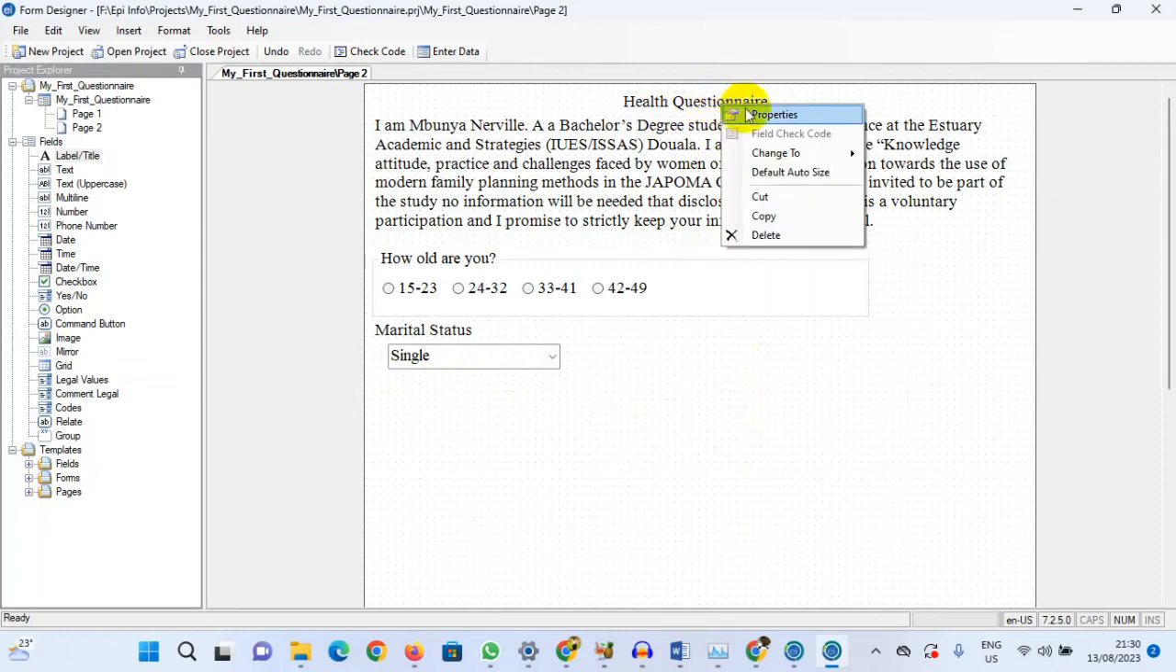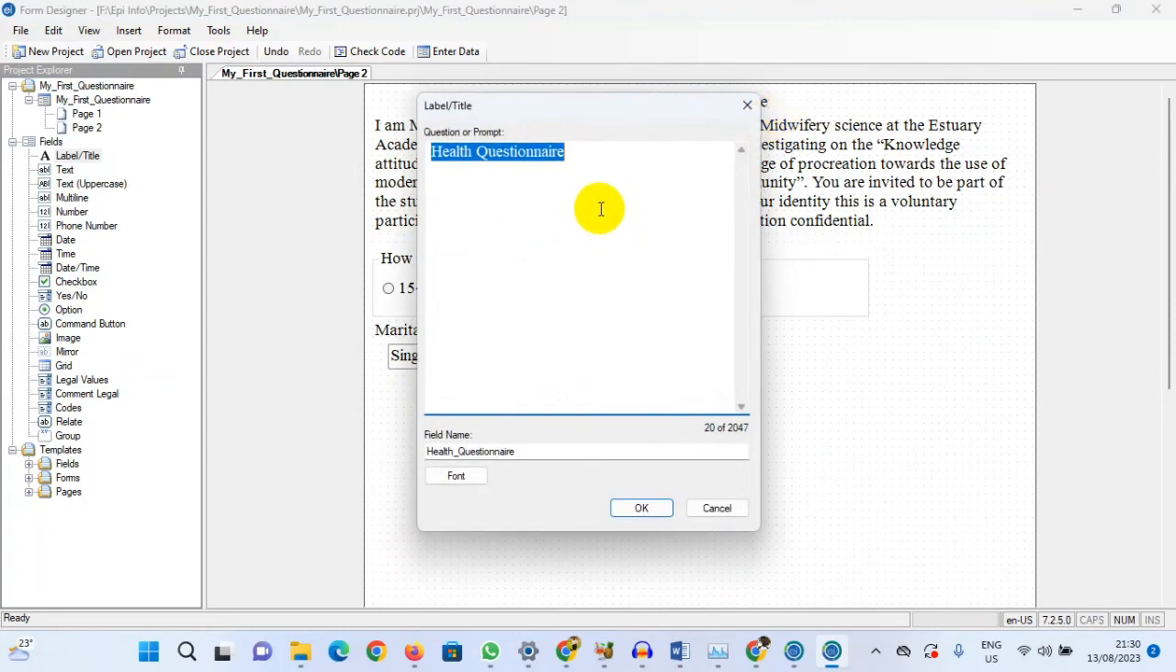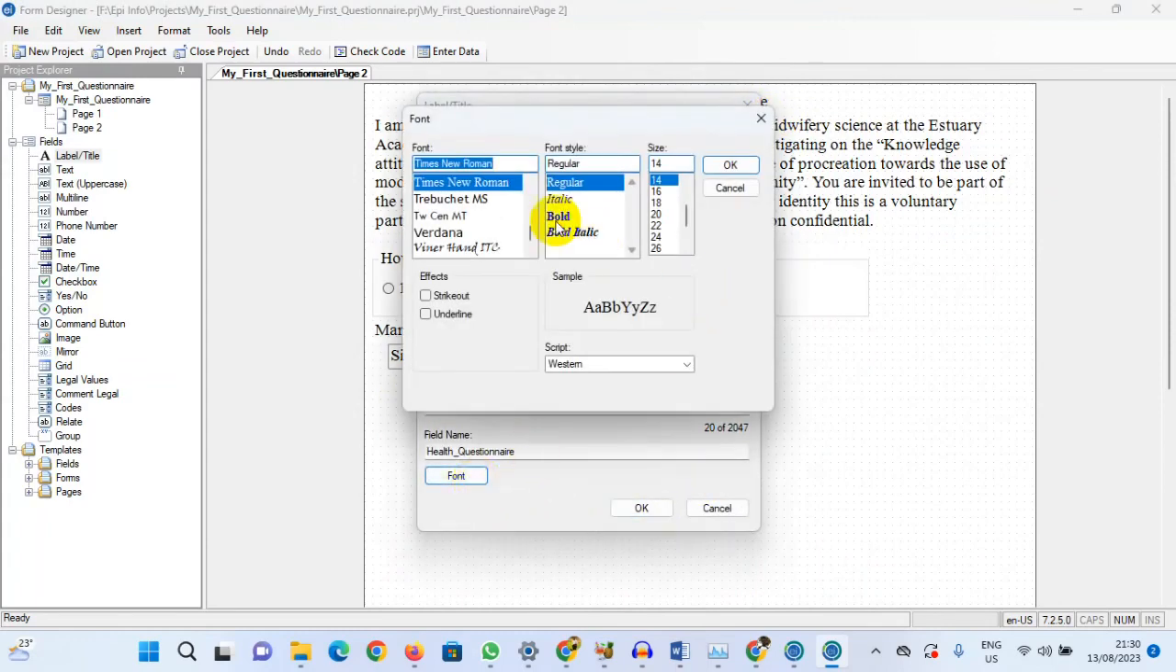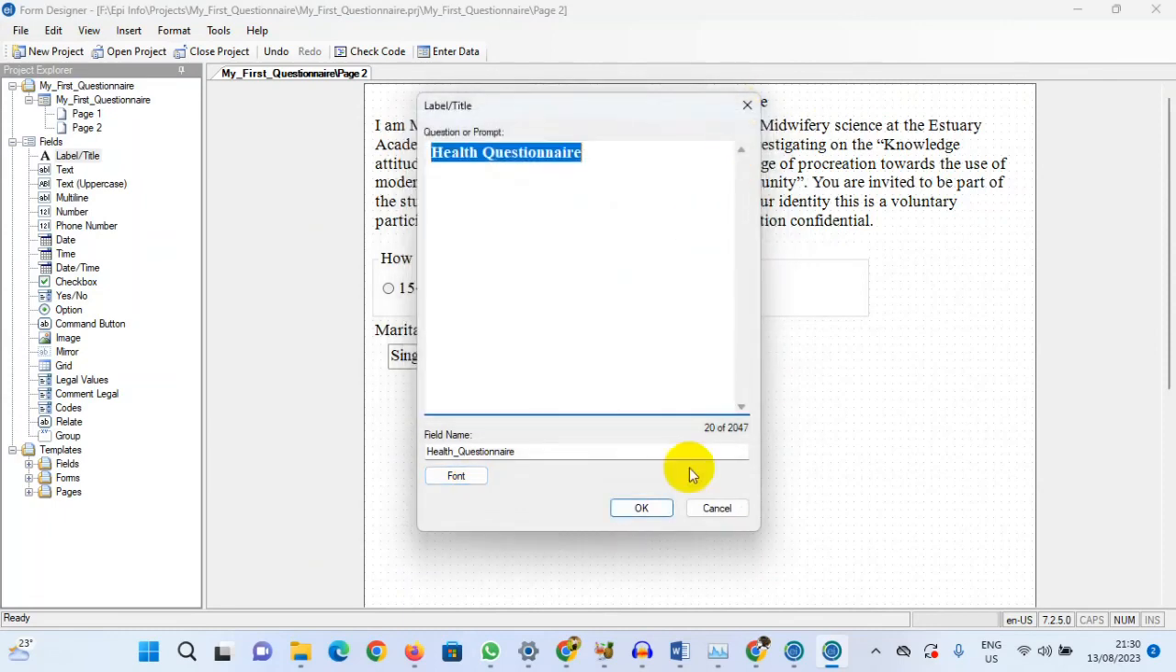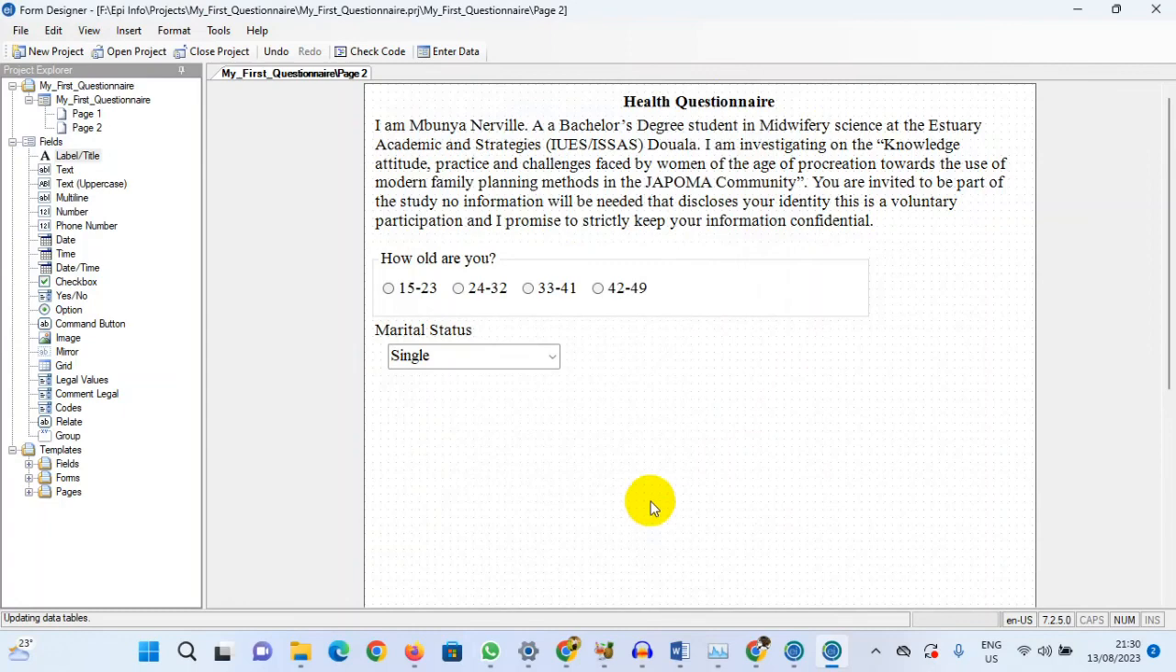You right click on it. You take properties. It's going to take you back to this window. Go to fonts. We choose regular. I want us to take bold. Okay. And we take OK. Now this is manageable. Yes, it's manageable. Questionnaire. Okay. Next question is